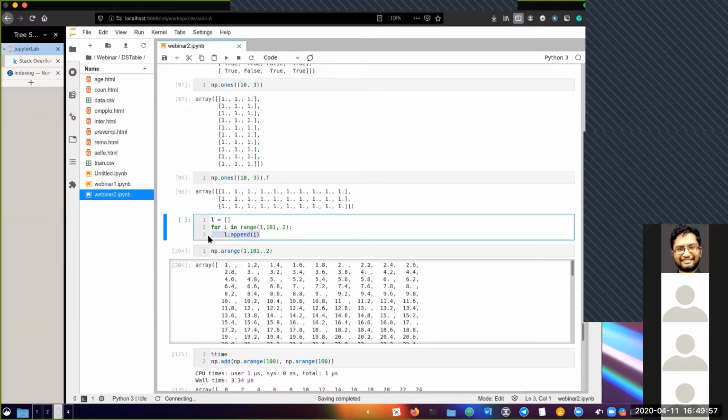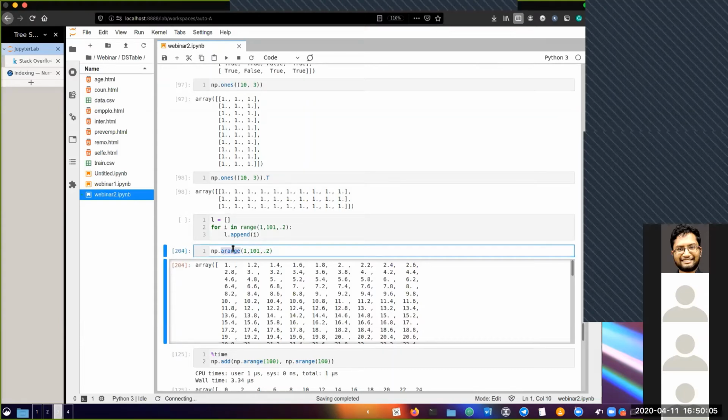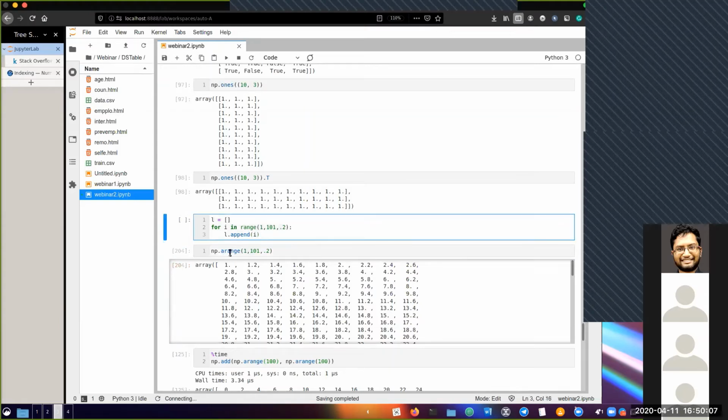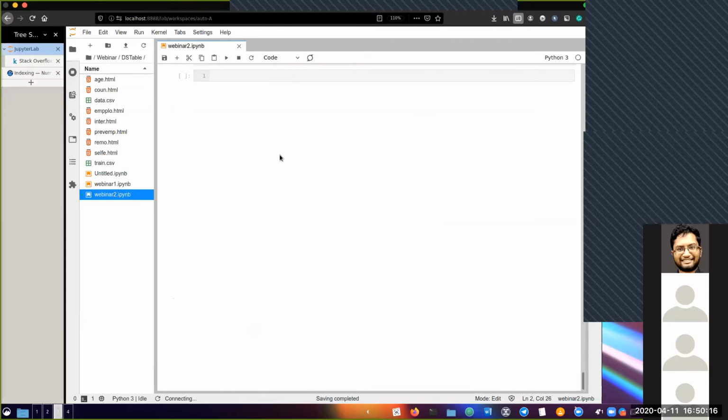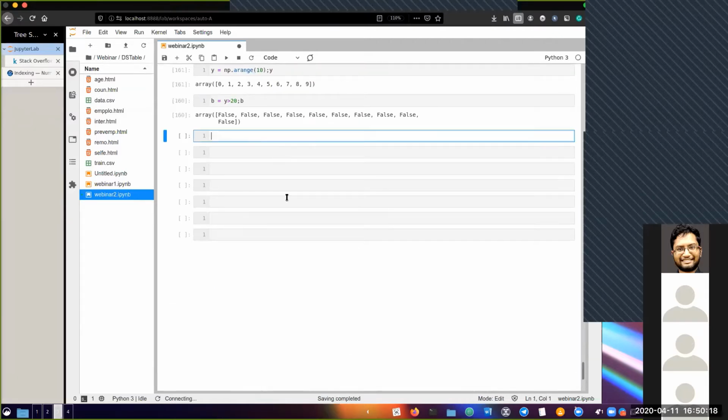So for example, this thing, for i in range, L.append(i). All I'm doing with this is writing arange. Okay. There are different ways of getting this done in one line. One of them is called list comprehension. Why I want to talk about list comprehension is because it's very handy.